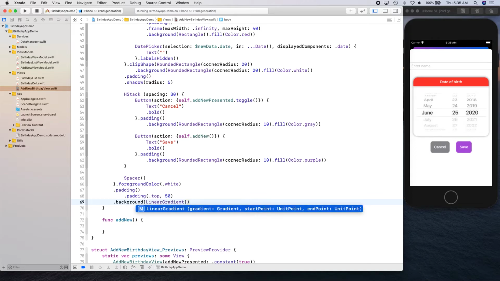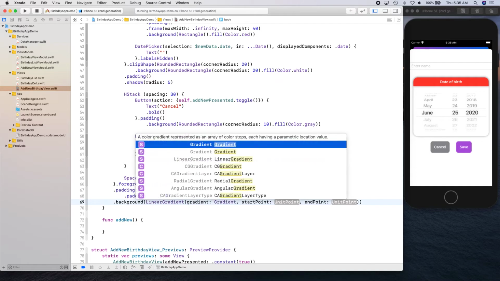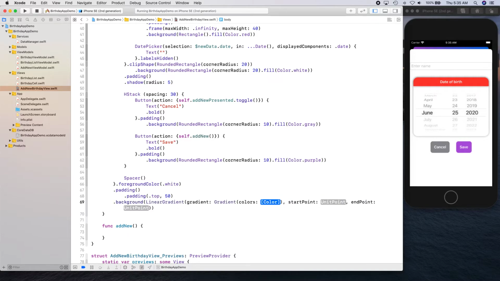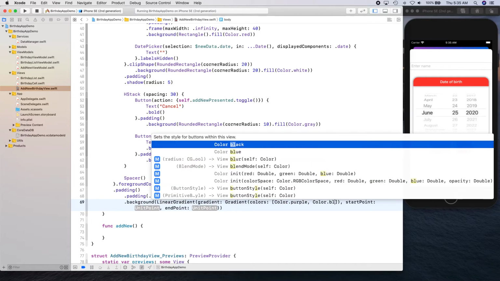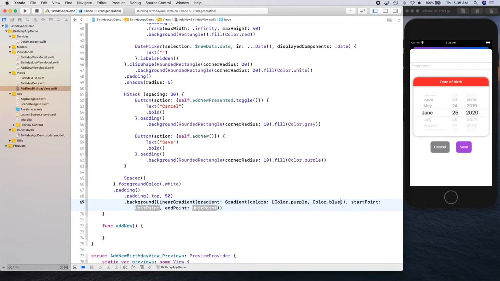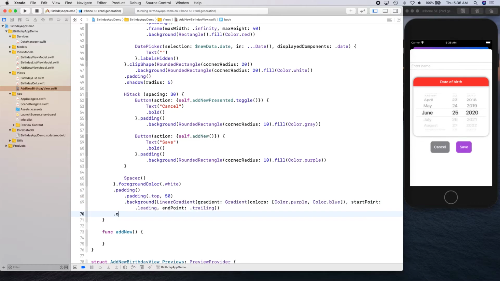Okay, and this is going to have a gradient with colors, and we're gonna choose color dot purple, color dot blue. Starting point is gonna be leading, ending point is gonna be trailing. Okay, and on tap